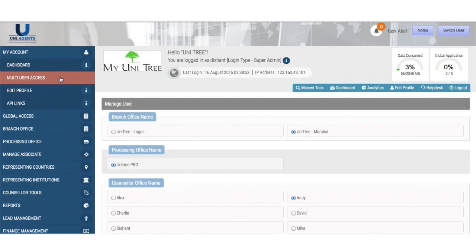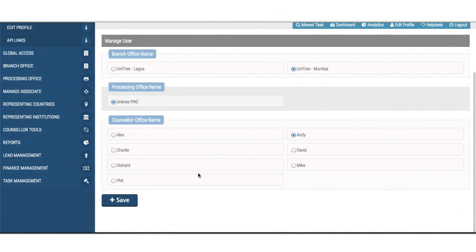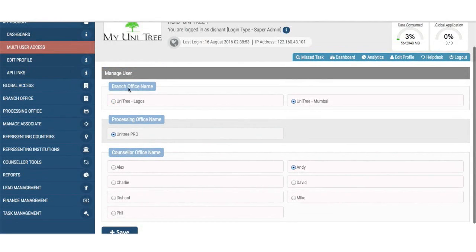Multi-user access is quite interesting because sometimes what happens is, and this is important to tell you right at this stage because I'm going to create levels of users now. If I, as a small business, also operate as a branch office manager, as I already explained in the video, yes, I can select who I am as a super admin. Do I want access to other accounts? Then I can select those accounts here. So I'm also the branch office of Mumbai,